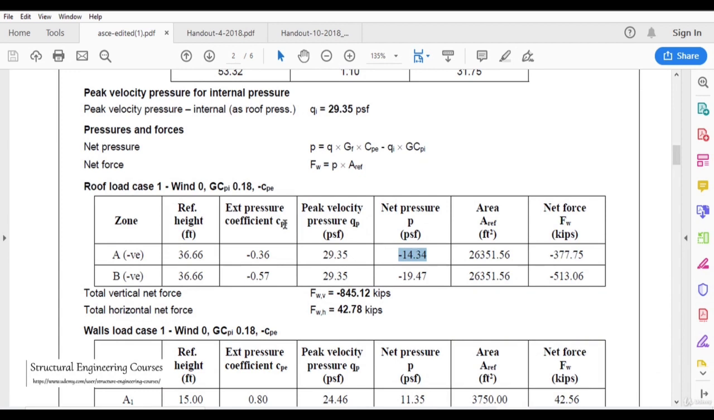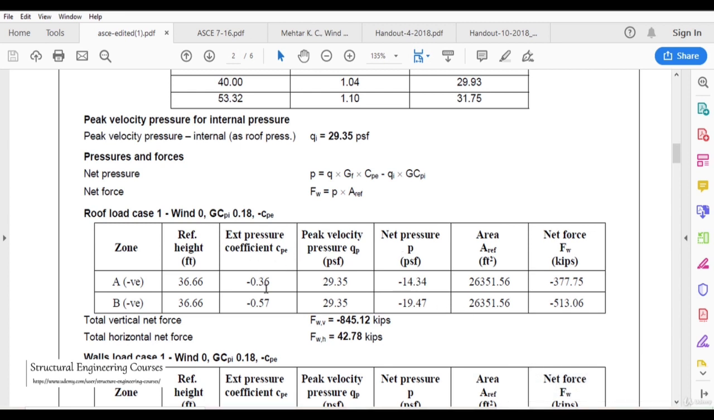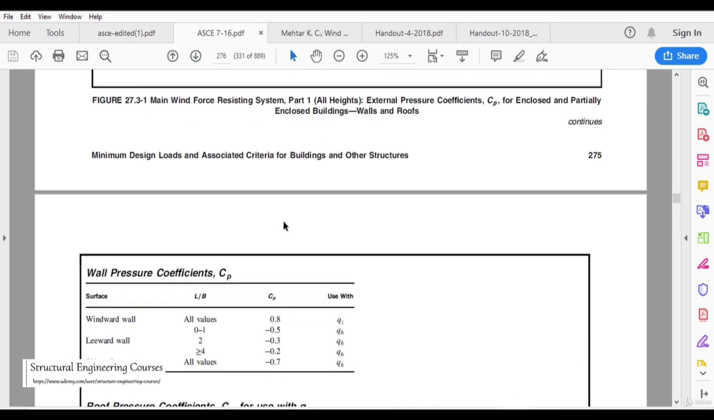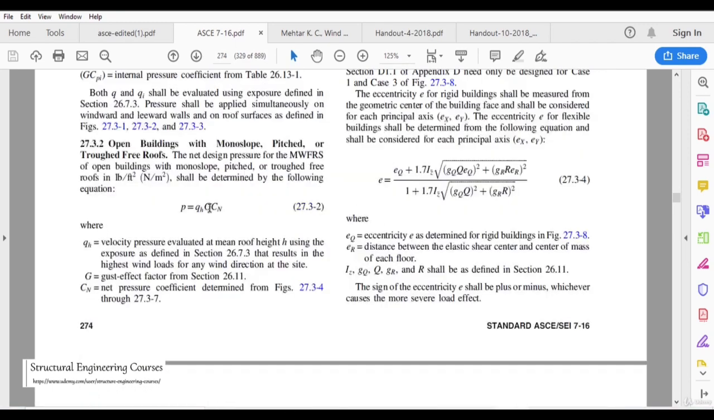as per this external pressure coefficient CPE, that is minus 0.36 and minus 0.57, please notice that these pressure coefficients are not given in this handout here. They can be referred from the ASCE 7 code. This table was not given in the handout, so for that we do need to refer to ASCE 7 2016. We do need to refer to figure